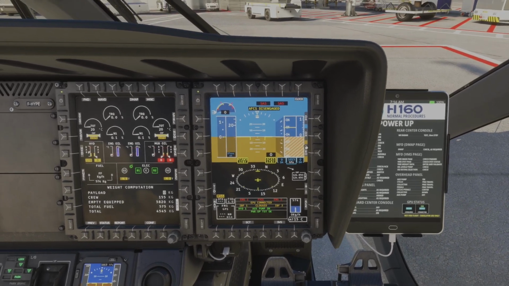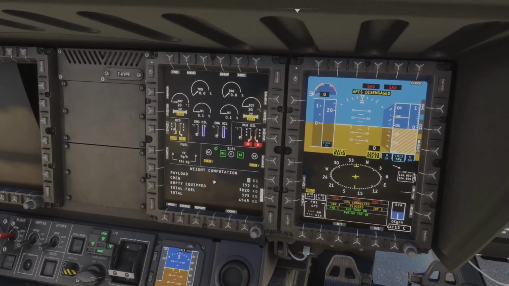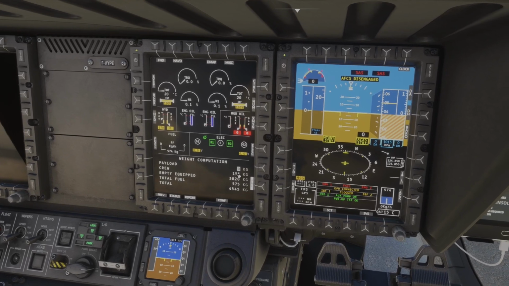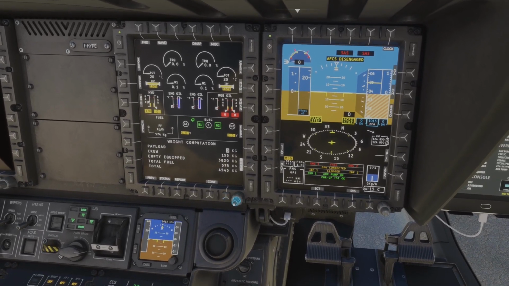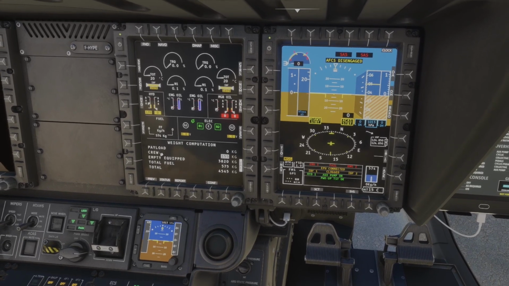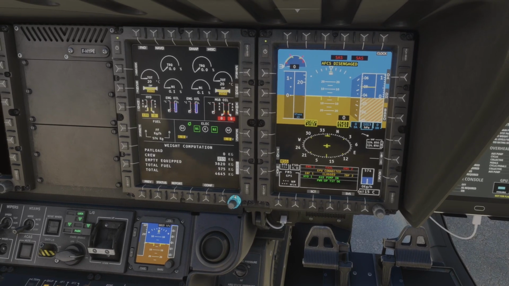I think that's kilopascals, and that's good. And if I lean in here, I can check my payload. I've got no payload on this aircraft right now, but I might want to check. I've got a lot of crew in here, and it looked like fairly non-heavy people, but I'll throw in